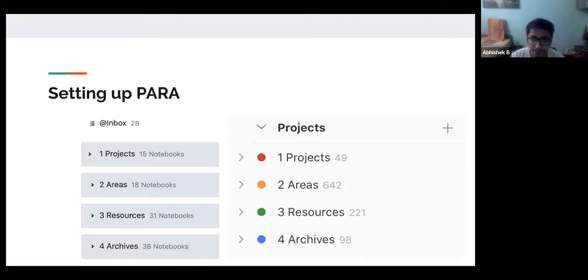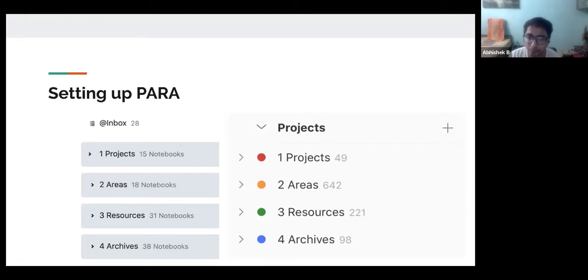So what Building a Second Brain, this whole productivity system, advocates is that you have this classification where all of your tools are set up using the PARA framework, so that when you're context switching, it doesn't create that friction, because all of these tools are set up very differently.